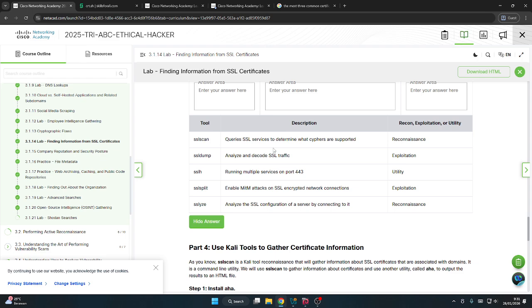SSL dump analyzes and decodes SSL traffic, and SSLH runs multiple services on port 443. SSL split enables MITM attacks on SSL encrypted network connections. SSLize analyzes the SSL configuration of a server by connecting to it. Categories: reconnaissance, exploitation, utility, exploitation, and reconnaissance.